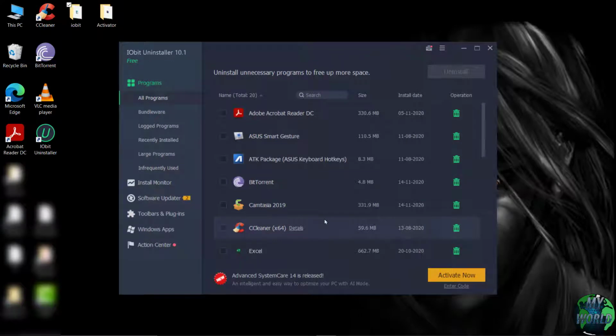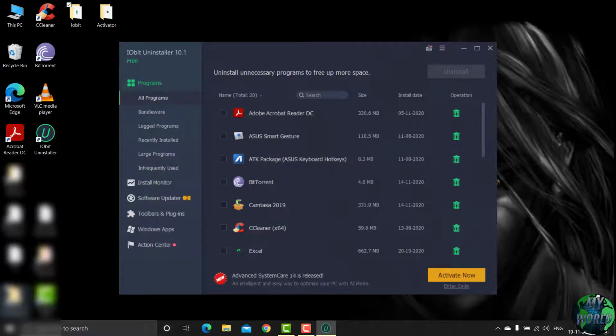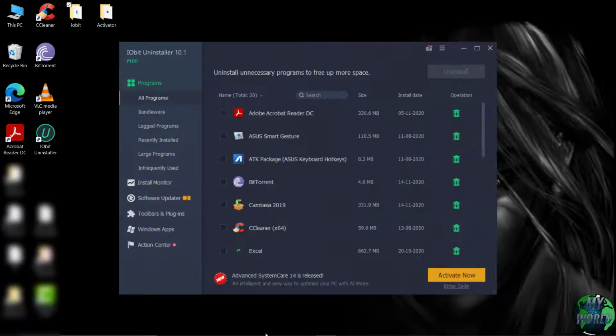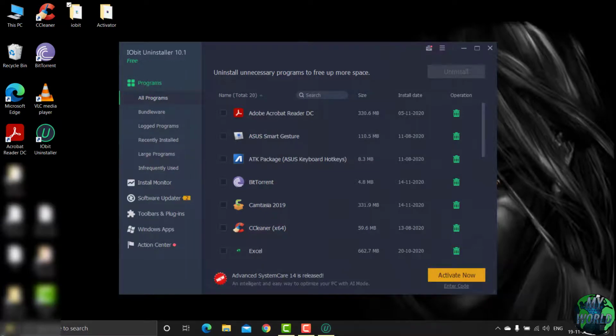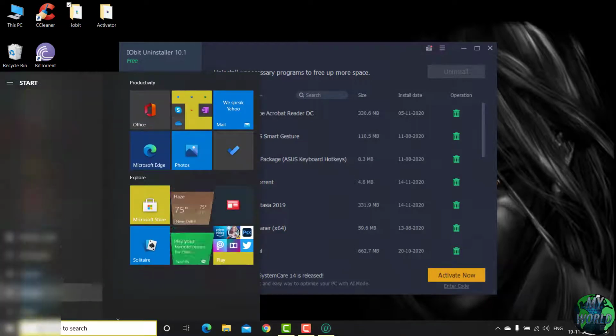But before following this, we need to first make sure that our antivirus has been disabled. Okay, so if it is not disabled, you can disable it from here. I'm showing you the steps for that too. Click on settings.